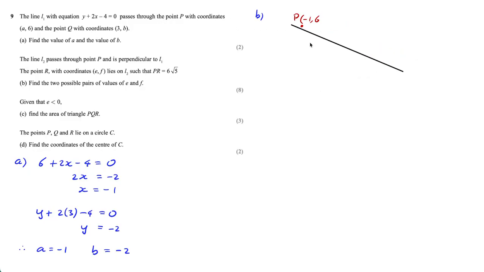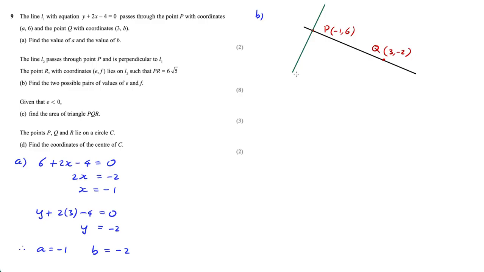Sorry, guys. Okay. Let me move this point. Okay, that's a bit better. So this line L2 passes through P and is perpendicular. So there's another line. Let's draw it here, like this, perpendicular. That doesn't look very perpendicular. Okay, there we go. This is L2,